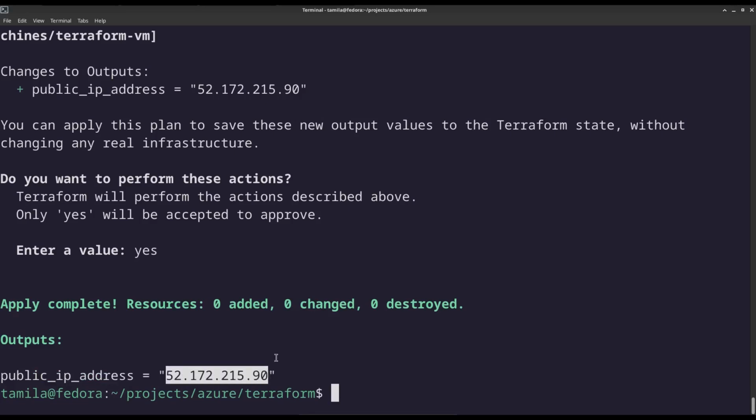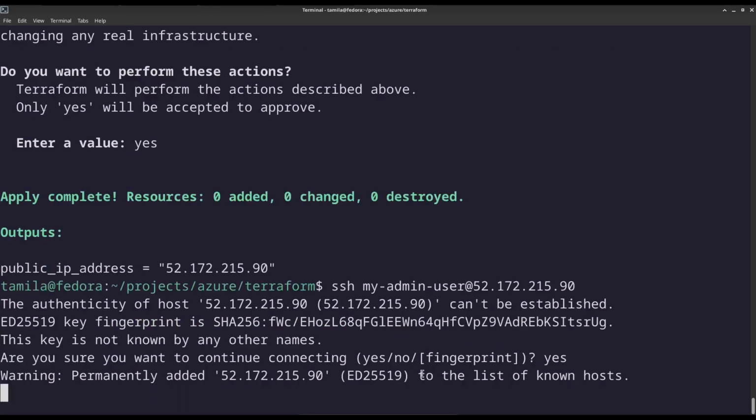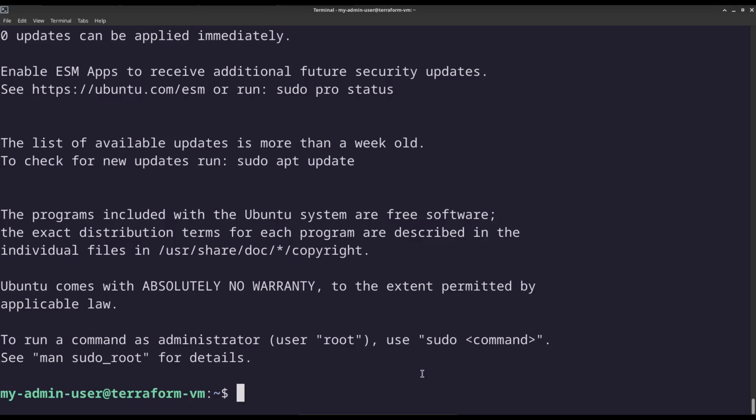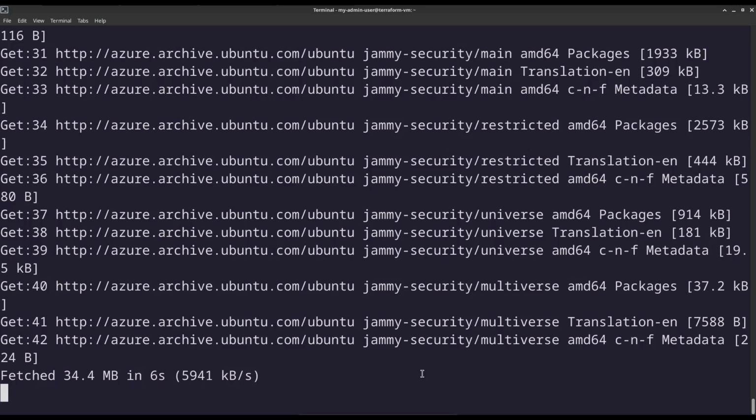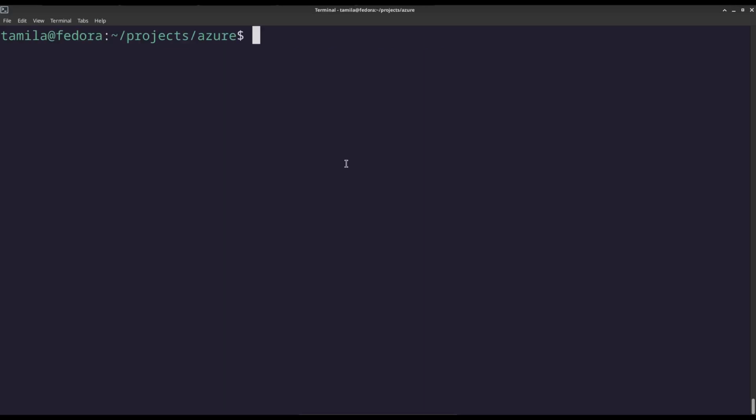So let's verify that the VM is working. So ssh my admin user at the public IP, press yes and enter. So we'll run a demo command like sudo apt update. So everything is working fine. With this, we have completed the process of deploying the VM using Terraform. Now for the next demo, we'll proceed with the ARM template,